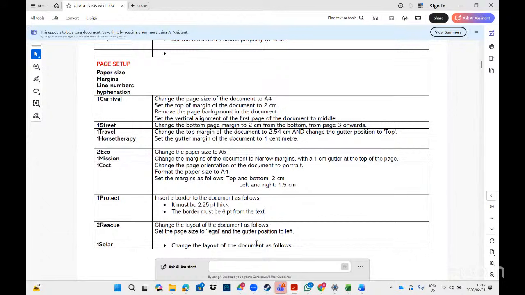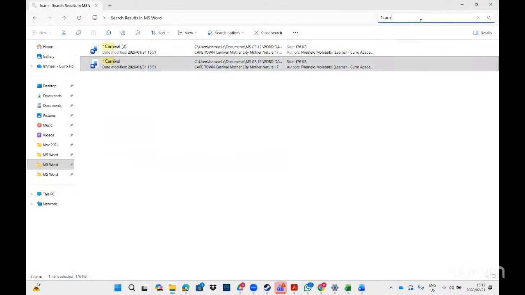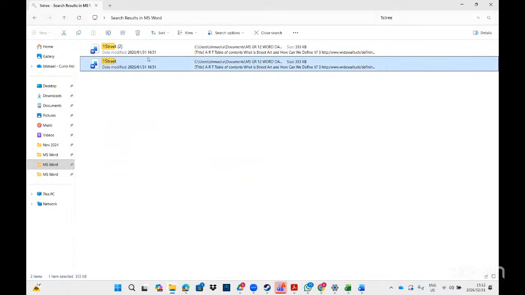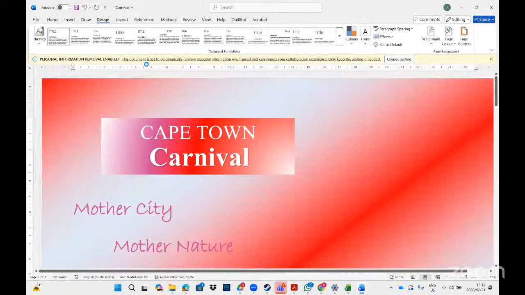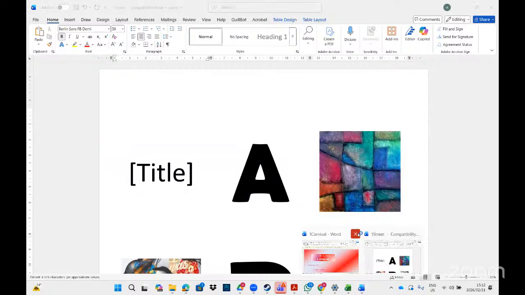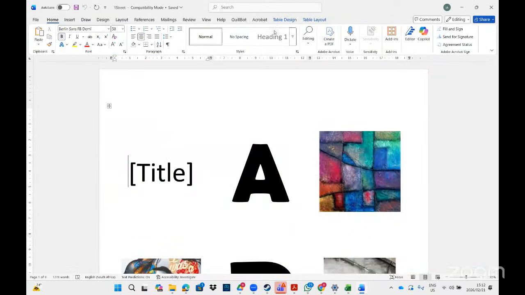Now let's move straight to one street. It says, change the bottom page margin to 2 centimeters from the bottom, and then from page 3 onwards. So here, from page 3 onwards, that's what they are talking about. So let's check one street. One street. So again,